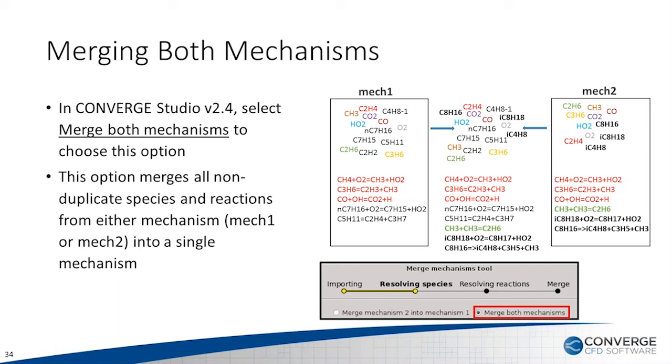I have Mech 1 and Mech 2, and they have identical species names and identical reactions, showing in red. Also, I have the bold black species in Mech 2. The species name is in bold font, and the reaction in bold font, and they show unique species and reactions in Mech 2. Also, showing as green in the reaction is